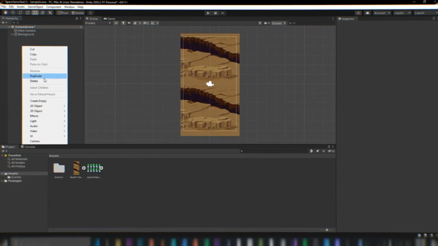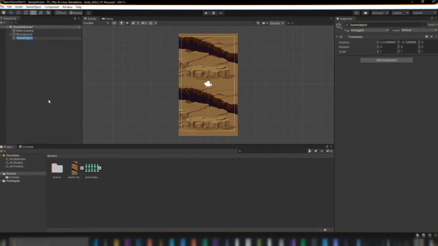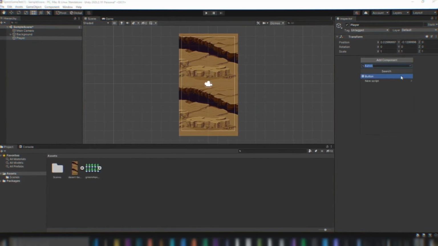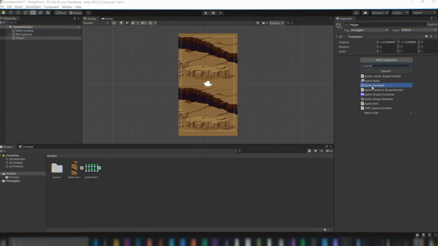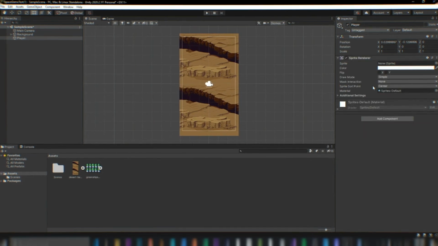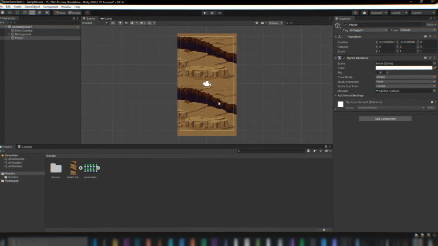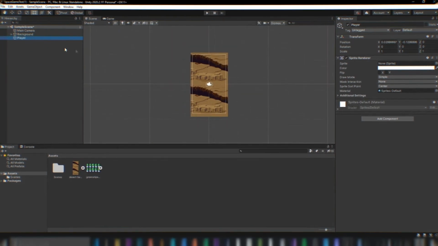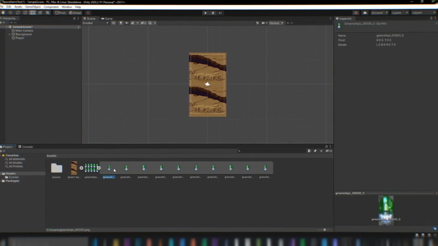Now we're gonna right click on the left part of our screen, and we're gonna click Create Empty, and we're gonna name this game object our player, and this is where our player is gonna be stored. And now we're gonna click Add Component, and we're gonna click the sprite renderer, and this will let us put in the sprite for our spaceship into the actual player. Our player has that image, so we're just gonna drag one of our spaceships into the player sprite,